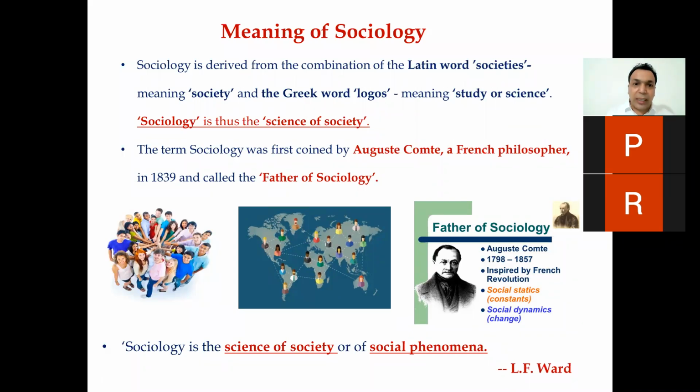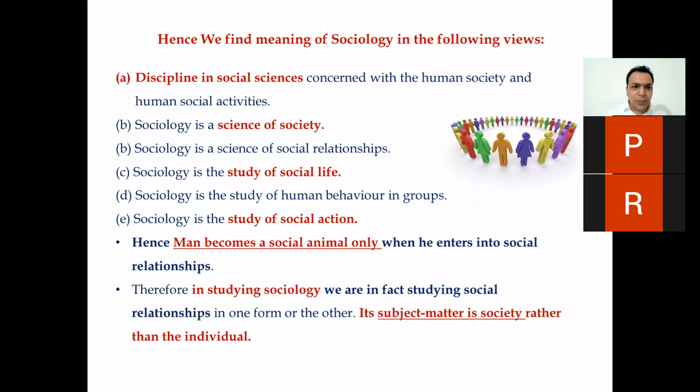Let us understand a little bit more about sociology. What is sociology basically? It is a discipline in social science. It is a subject of social science, right? And it talks about human society, right? The B point indicates that sociology is the science of society. Whatever society actually is,